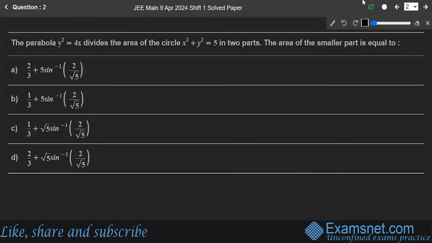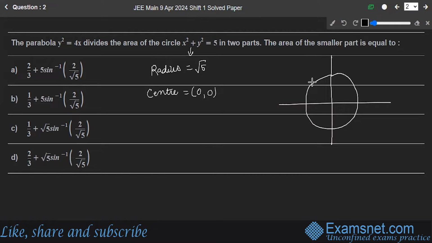Question number. The parabola y square is equal to 4x divides the area of the circle into two parts. The area of the smaller part is equal to. So here is your circle. First of all, this circle is passing through the origin and having the radius as root 5. If I look at this circle, the radius is root of 5 and the center is the origin. So here is your circle,